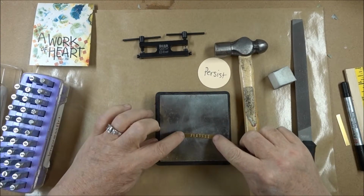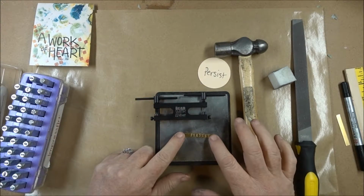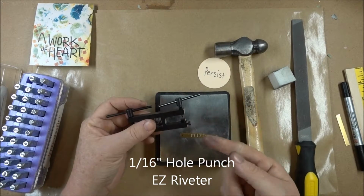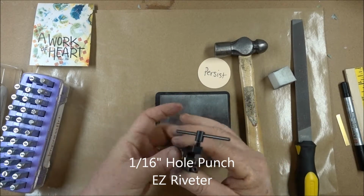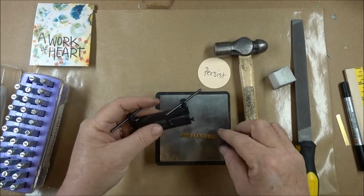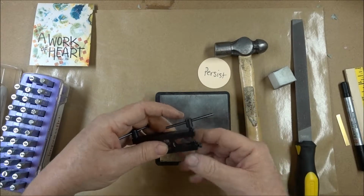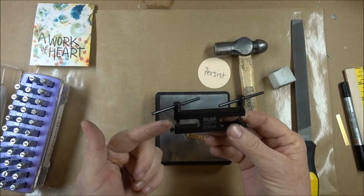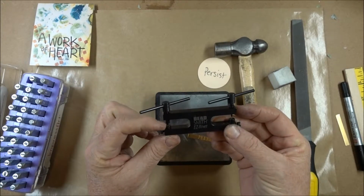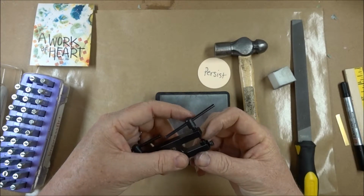I need to also put the holes in here, and for that, because in the second part I'm going to rivet this to a leather cuff, I want to make sure that the hole is the same size as my rivet. So I need to use this particular hole punch with the Easy Riveter. And to do that, I'm going to take the punch side. One side is the rivet setter, and this is the punch side, and you can tell the difference because this has some screw threads on it. It looks a little bit different, and this post on here is small,